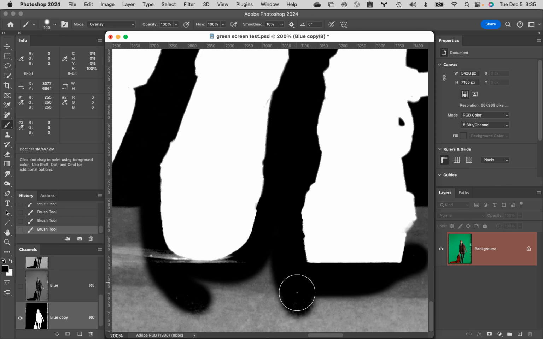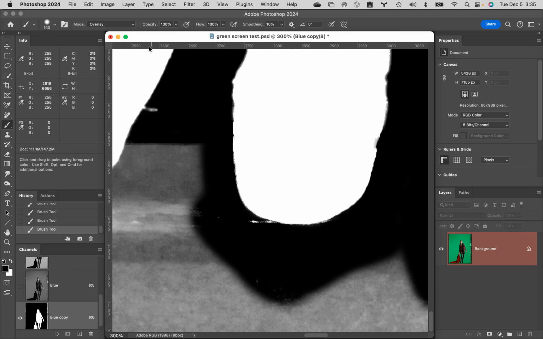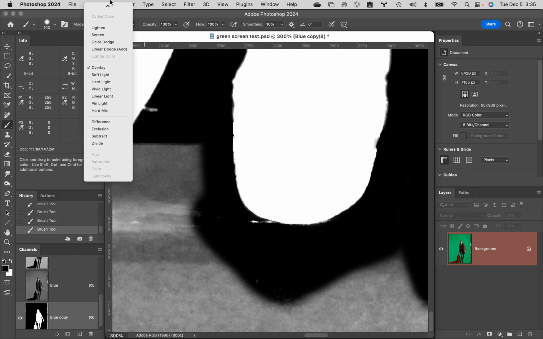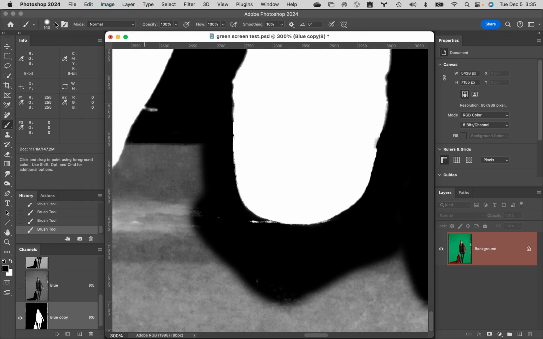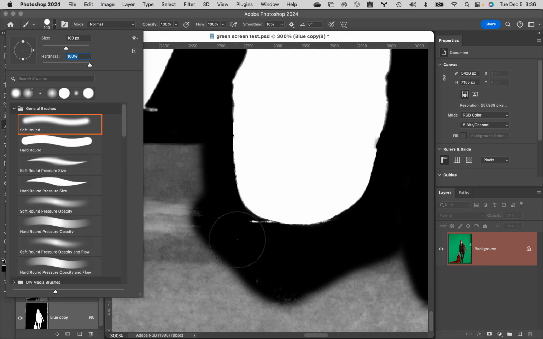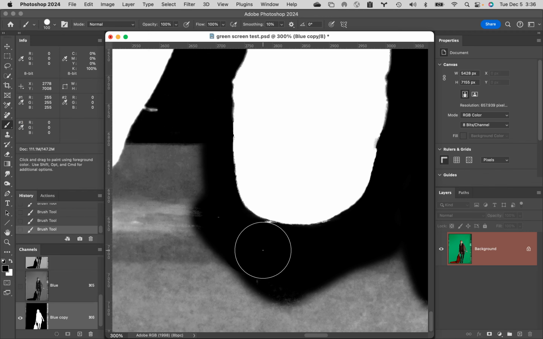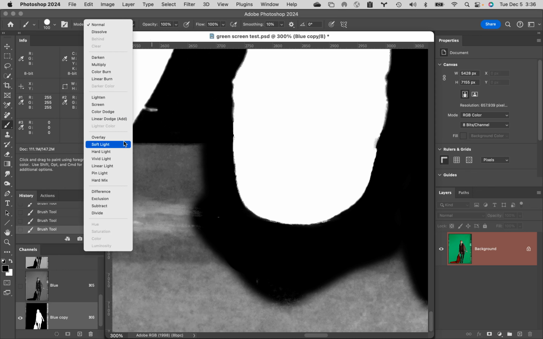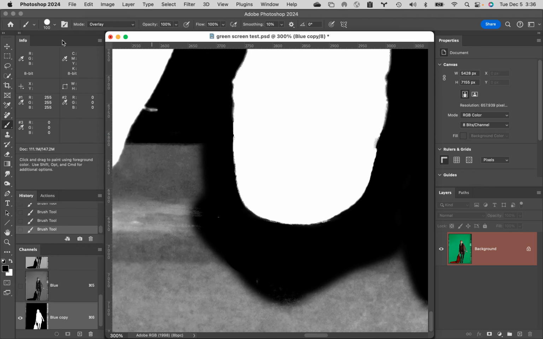I'm going to hit where I'm missing on the floor a couple of times. Again, don't make this tool work any harder than it needs to work. This one little area, look at the very bottom of my screen really quickly. There's a small little part right there. A lot of times I would go after this using the pen tool, but I'm going to cheat right now and just go back up to normal. Change it to a completely hard brush and just do a small pop right there and one right next to it. And then go back to my overlay brush, back to a 50% hardness,